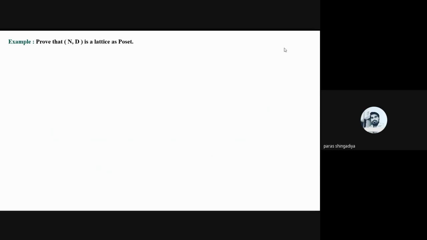(N, d). So let us check the answer. First, we can easily prove it is a poset. We can easily prove that it satisfies the reflexive, antisymmetric and transitive conditions, meaning it is a poset. So first you have to prove here that it is a poset, and you will be able to prove it easily because we have solved many examples of this type in the concept of poset. So try it by yourself. First, prove that (N, d) is a poset. Okay.